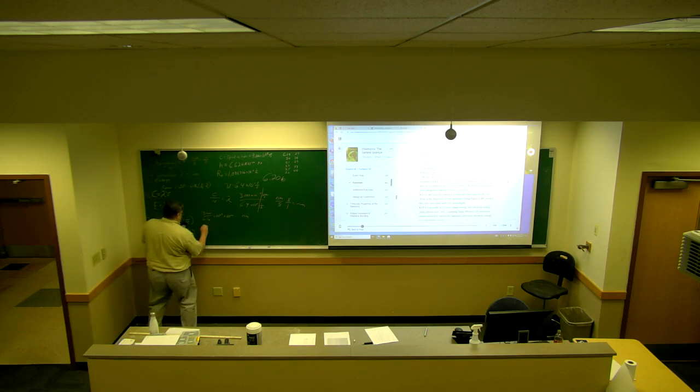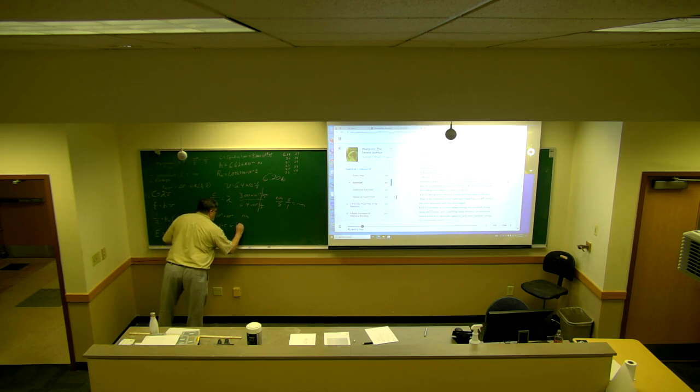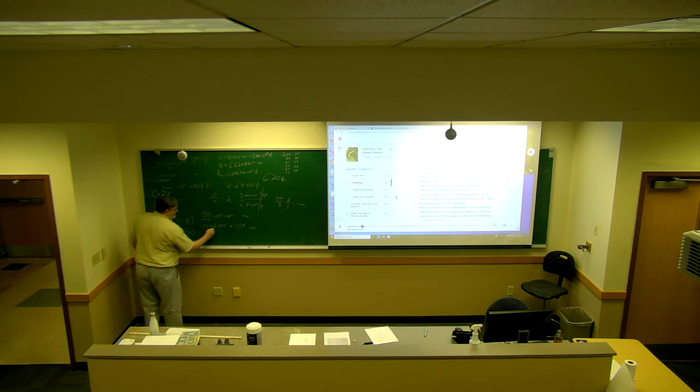So this numerical part, that's what my calculator gives me. 17 minus 11, 10 to the 6. Two significant figures, so I'm really going to go 0.47 times 10 to the 6